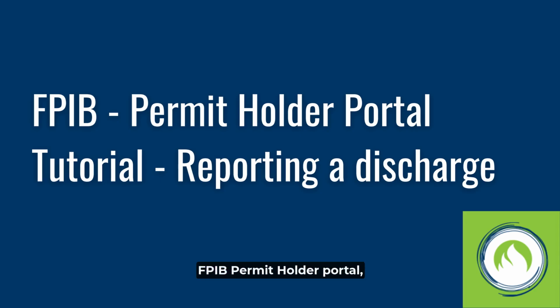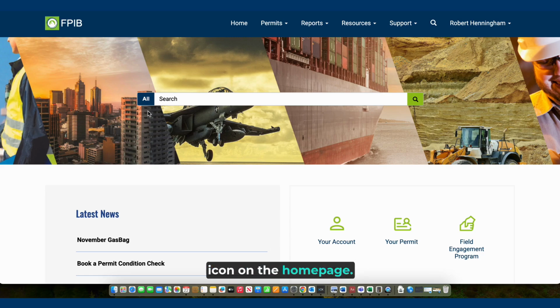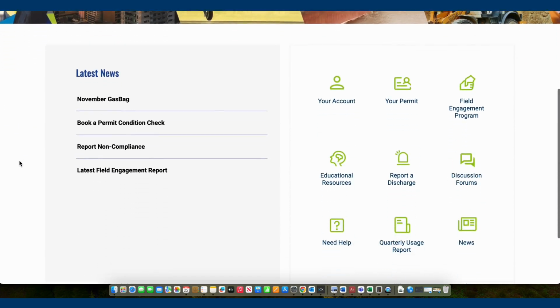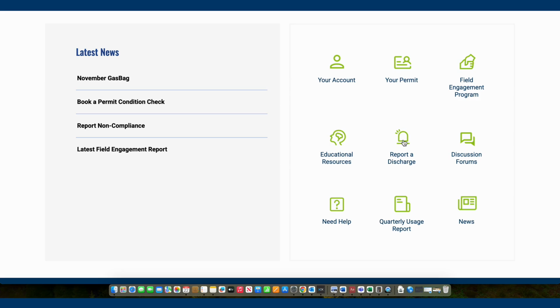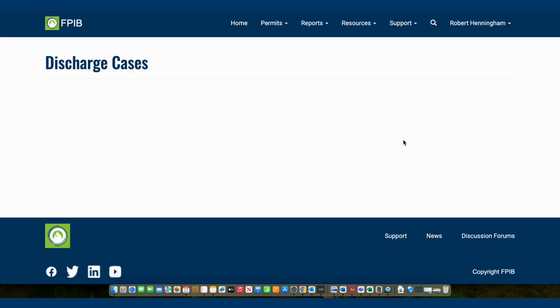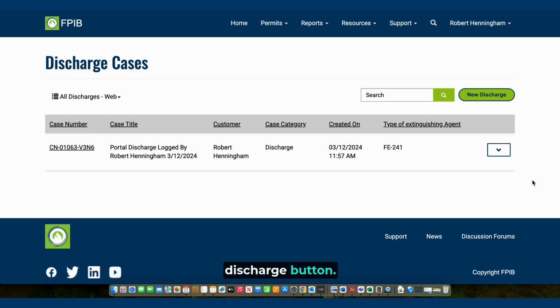In this session on using the FPIB Permit Holder Portal, we look at how to report a discharge. First, click on the bell icon on the home page. Click on the green New Discharge button